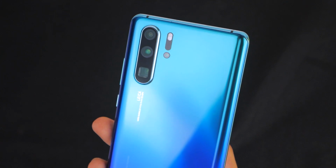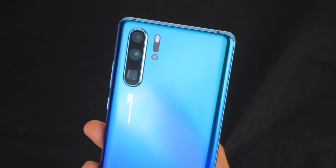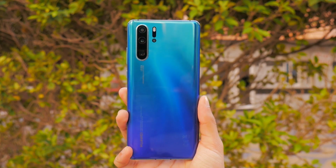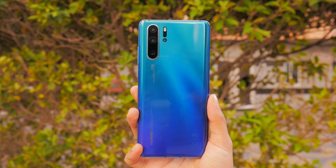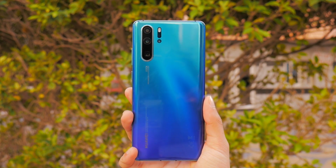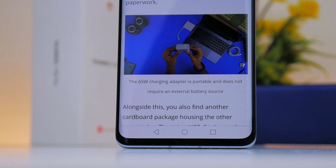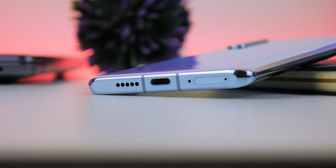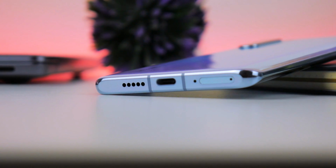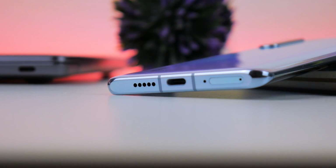So I think on that note, it's time for a conclusion. Alone, the P30 Pro is an exceptional phone for a number of reasons. Its strong battery life, the versatile camera setup, and the sheer value of features you get with EMUI 9.1, even though it might not be for everyone. But sacrifices like the screen resolution and speaker quality have definitely been made, and if the P30 Pro was priced lower than its competition like how the Mate 20 Pro was last year, I wouldn't hesitate to recommend it, but